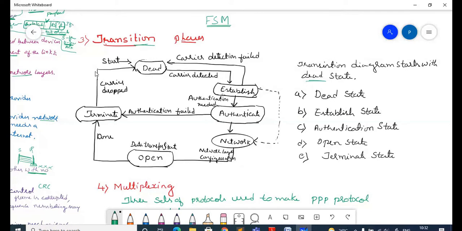So you can observe the transition diagram. This is called the transition diagram, where you can identify the round color, the square. It indicates the states of the machine. And the arrow marks indicate that due to the statement I have written on it, due to this event it is changing the state from dead to establishment. Like that. So we'll start with when the system starts.